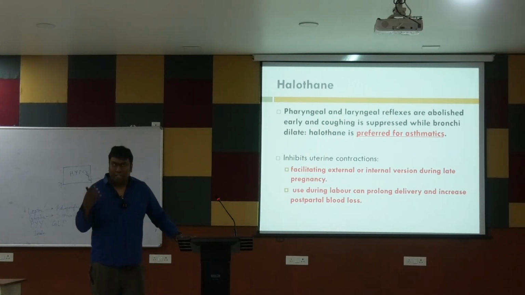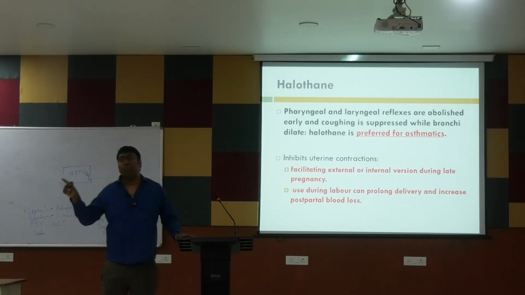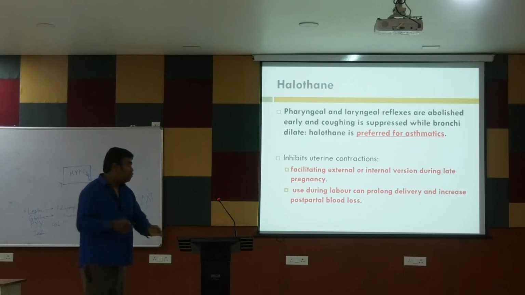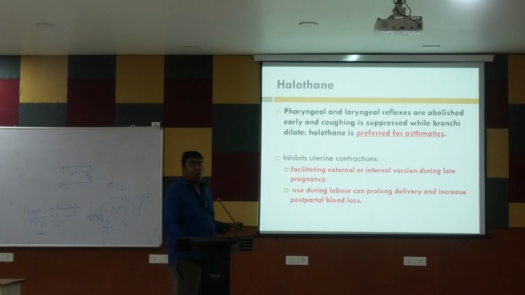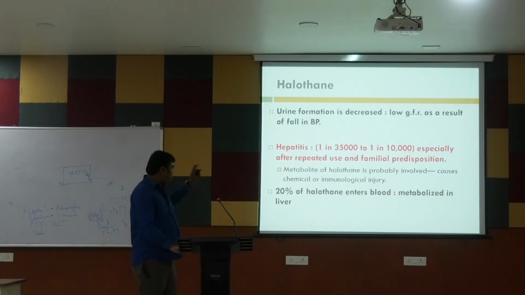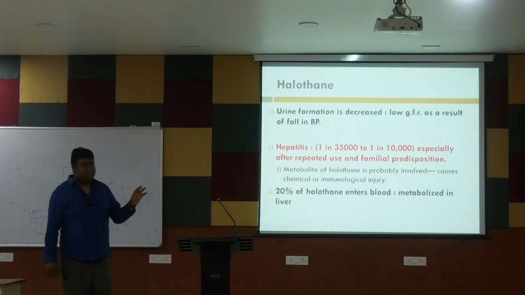If there is a reduction of the uterine contraction, what will happen? There will be 2 problems. Number 1, there is a delayed delivery, difficult delivery. Number 2, even after delivery, the uterine contraction will be less, and that can lead to what we call postpartum hemorrhage. So in these two situations, it should not be used in pregnancy, but it is preferred in the asthmatic patient. The most important side effect is hepatitis, especially with